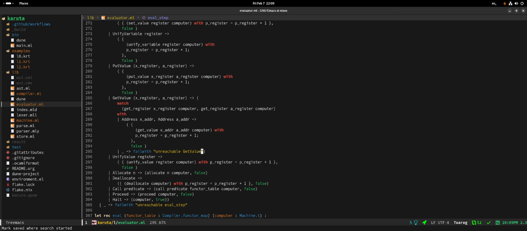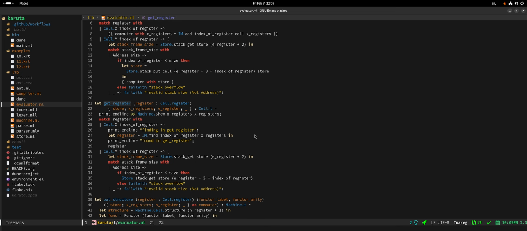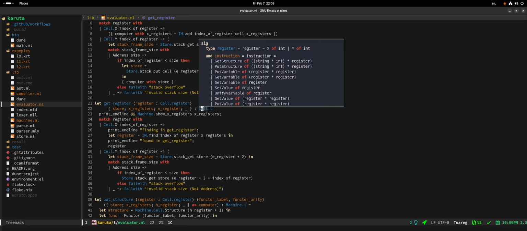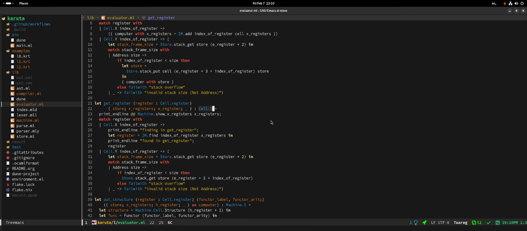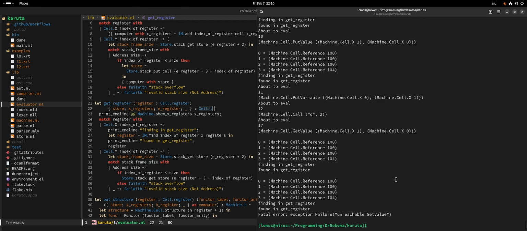Hmm. Okay, let's see how get register works. This is going to return a cell T. The last thing we do before failing is doing finding in get register.